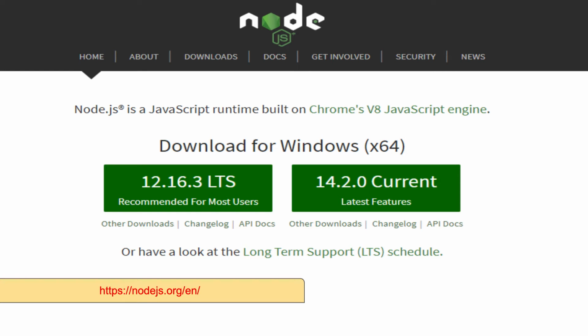The first thing you need to install on your computer is Node.js. This is a fundamental necessity for this course, as we are going to be using the Node.js package manager, or npm as it is commonly referred to. To get Ionic installed on your machine, we are also going to be using npm to install all the packages that we will be using in this course, like Firebase and other plugins.